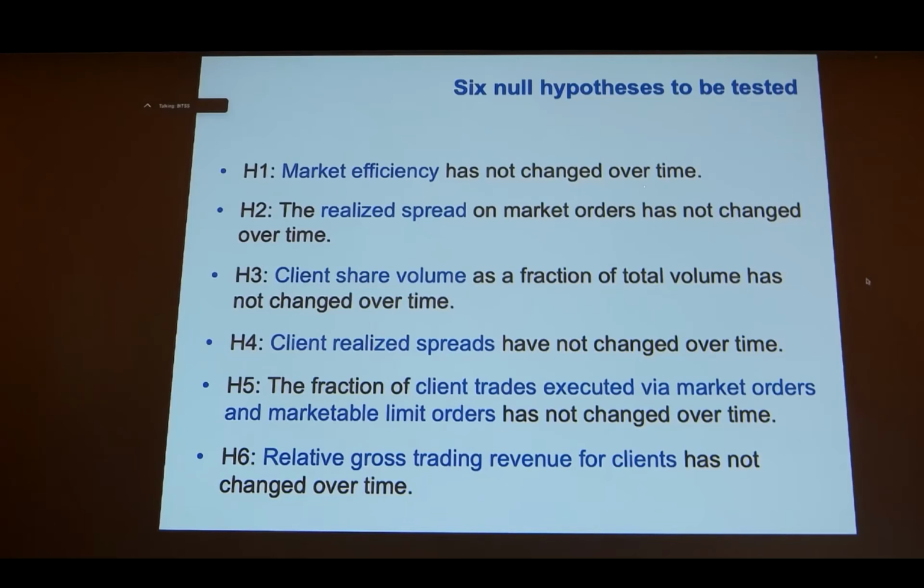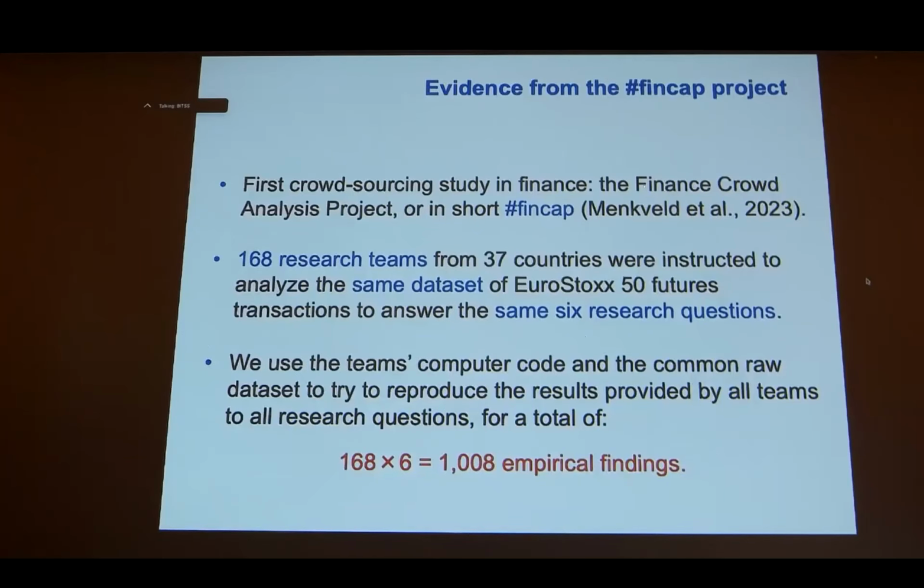And then we provide them with some feedback, reviewer comments, and then they have the opportunity to update their result. And we can see this cross-team variability shrinking as we provide them with some feedback. That's a previous paper, but we use this as the raw material for the paper I'm going to present now. Because